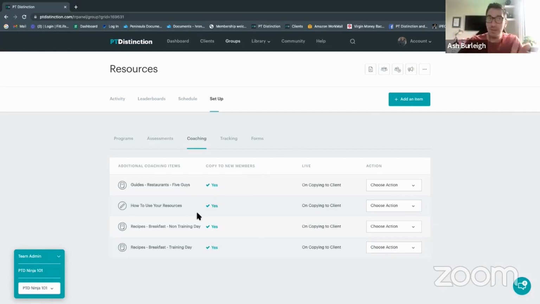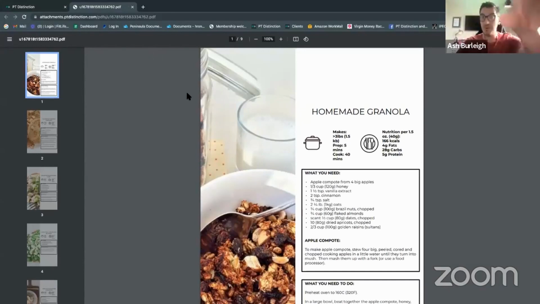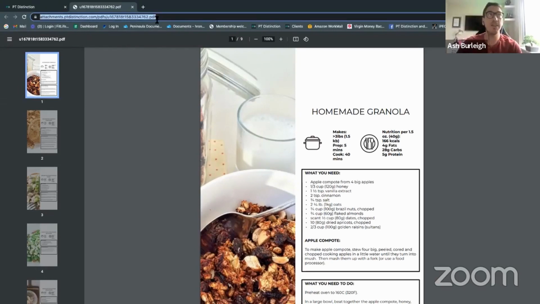Because I don't know if you know this or not, but with PDFs, whenever you click on a PDF, let's say we click on it here, it will trigger a new window to open up on your desktop, but in your app, it opens the PDF inside the app. Now, the way it does that is it uses this URL at the top. This is where your PDF, if you like, is stored inside P Distinction, and that's what triggers it inside the